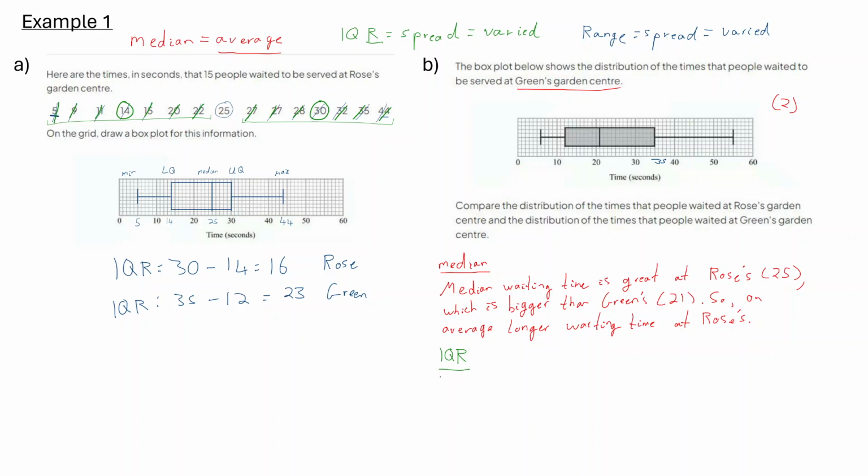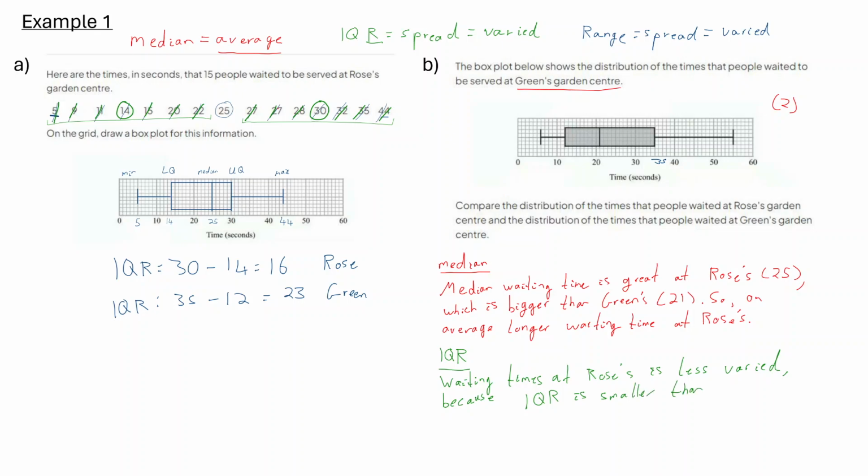So we can say the waiting times at Rose's, I'm not going to put garden centre, but Rose's is pretty clear hopefully, is less varied, and that's the key word there, less varied, because the interquartile range, IQR, is smaller